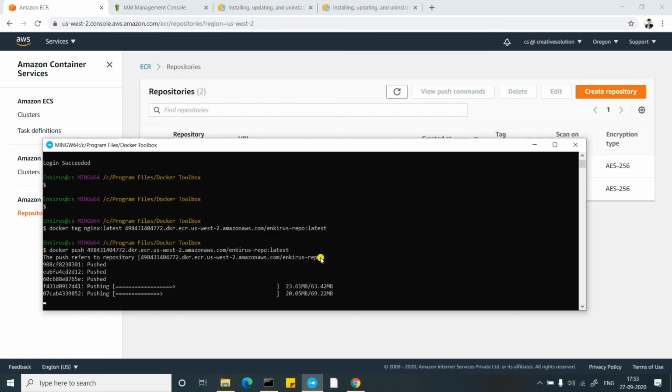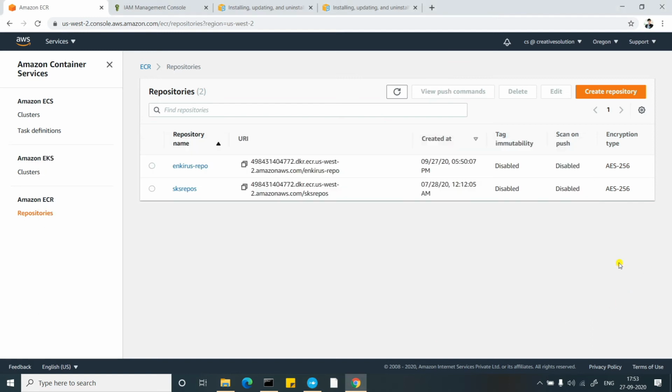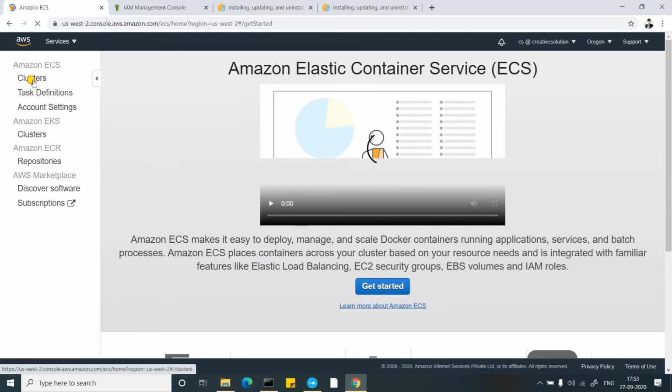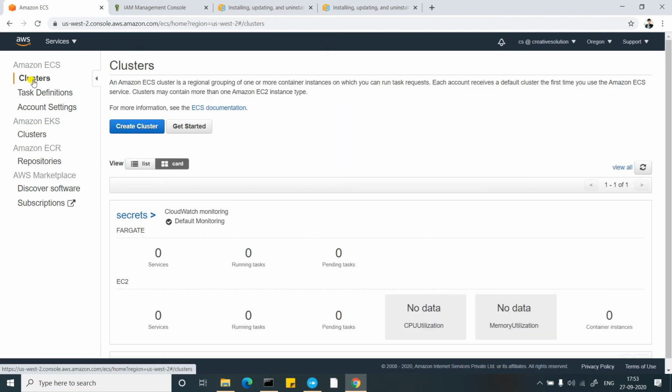We'll see how much of the image pushing has been done. It will take about a couple of minutes more. Meanwhile, I'll explain some other features of AWS. I'll show you the ECS part here. Let's click on ECS. I have one cluster created here. If you have a repository here, you can easily create a task definition via that repository. Task definition is basically where you assign the amount of CPU and memory to the image that you can run in a cluster.